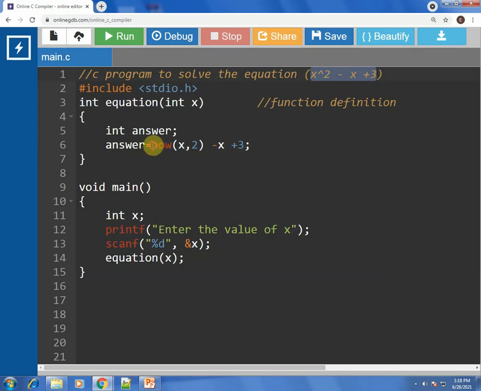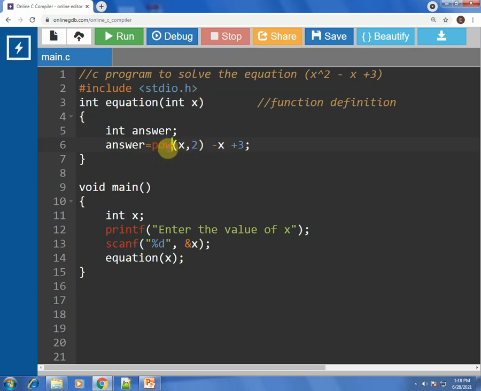Again, the power function lets you write any power for a given base value. In this case x is the base value and 2 is the power or the exponent, so it is x raised to 2.